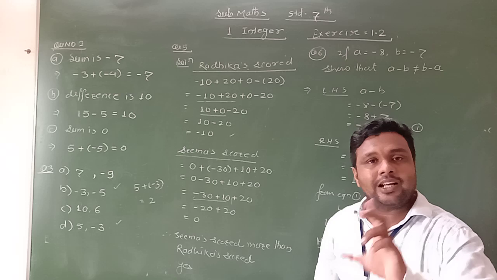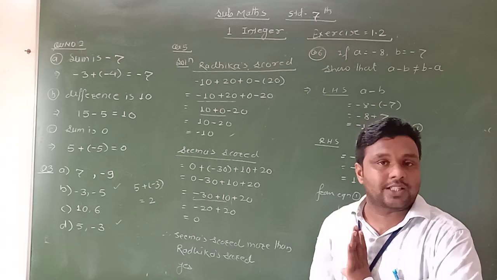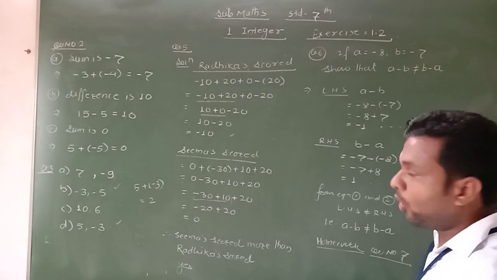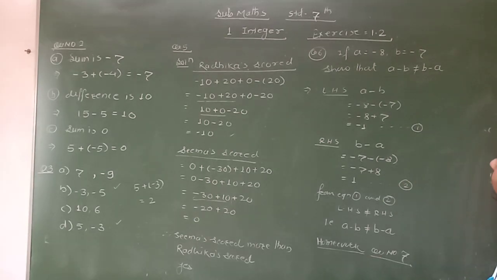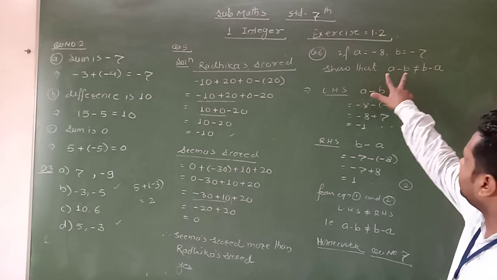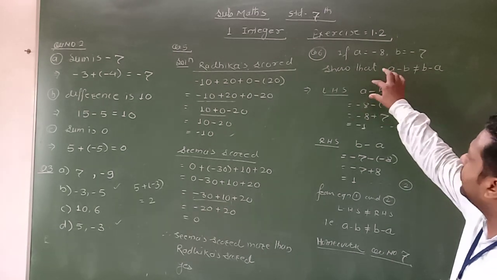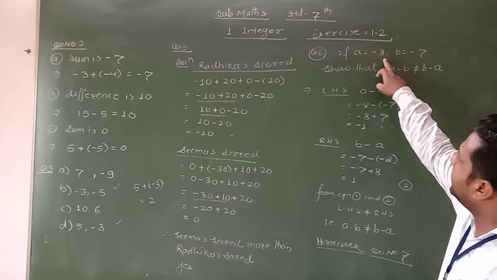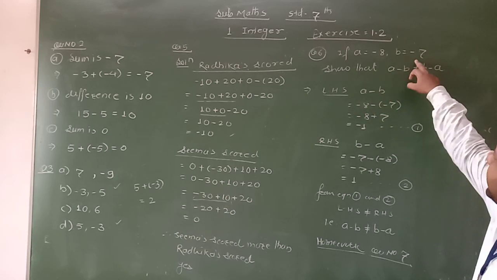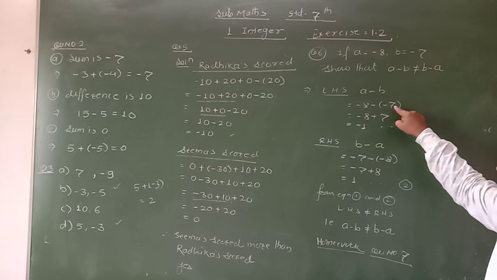And we know that in that, left hand side is not equal to right hand side. Now using the values of a and b, here we verify this property. Okay. Commutative property for the subtraction of integers. Left hand side, that is a minus b. Here we put the values of a and b. What is a here? -8. Minus sign as it is. The value of b is given -7. Therefore, we write in bracket -7.